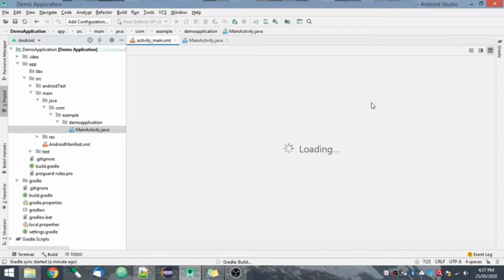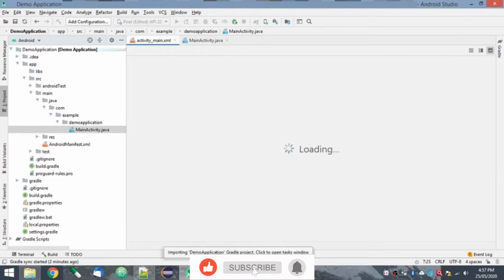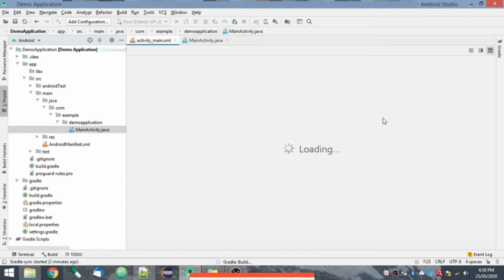It is taking a little bit of time to load. Actually, this building, my Gradle, it's running, that's why. Yeah, so just a few minutes and I'll show you. So sync has started, it is configuring project.